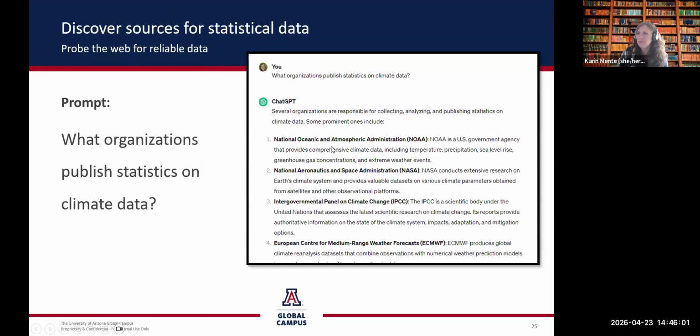Now, it can be a place to discover organizations. I use it sometimes to find reliable statistics on things. The key is you are not taking statistics from the generative AI tool. It's just pointing you in the direction of figuring out where should I look for this information online. And this returned a really useful list about climate data. And so now my next step would be going to these websites and actually finding the raw data. It's excellent at pointing you in the right direction, but you need to go to the actual source to pull the actual data.